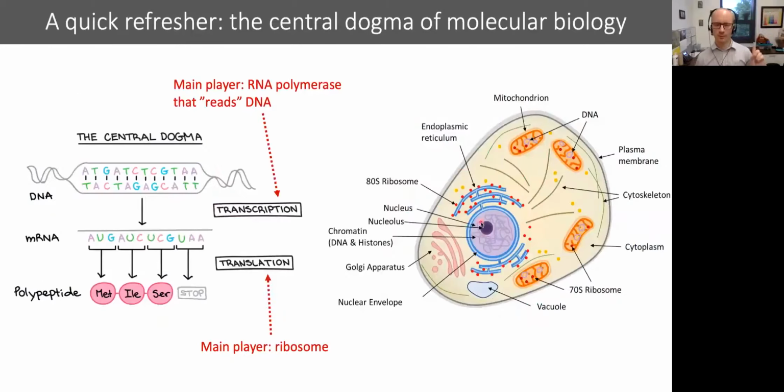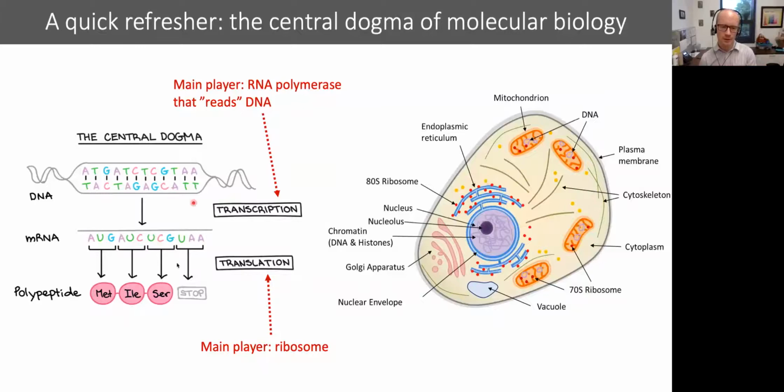But before we do, I'm actually going to do a quick sidestep and give a refresher about the so-called central dogma of molecular biology. I'm assuming that at least some fraction of this is probably familiar to most of you, but let's maybe dust off some cobwebs in case it's been a while. The central dogma says that DNA, among other things, contains information about how to make proteins. And proteins are the workhorses of the cell. They carry out most of the chemical reactions and do much of the structure of the cell as well.